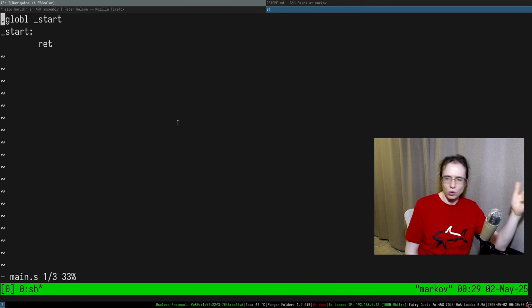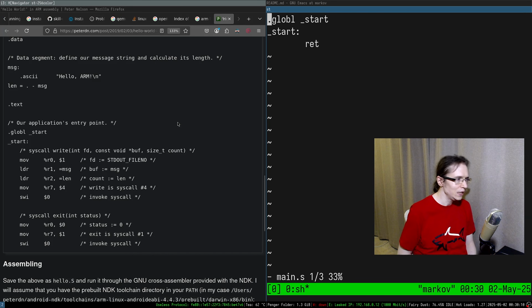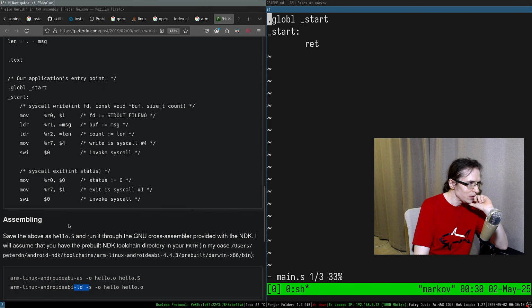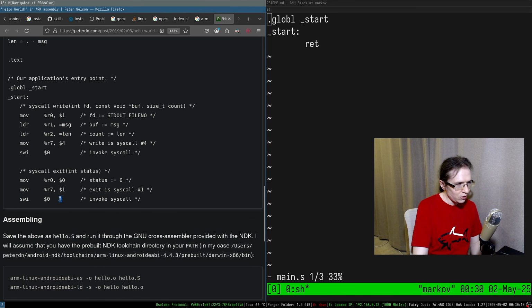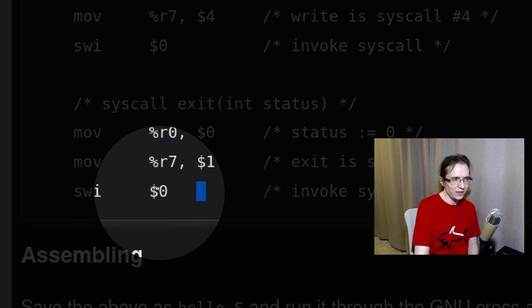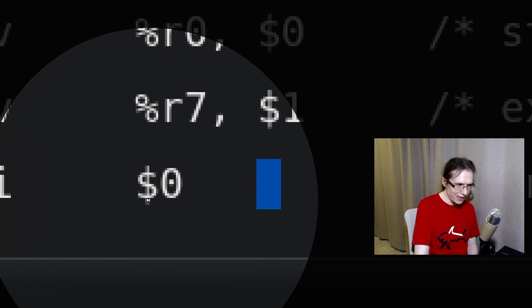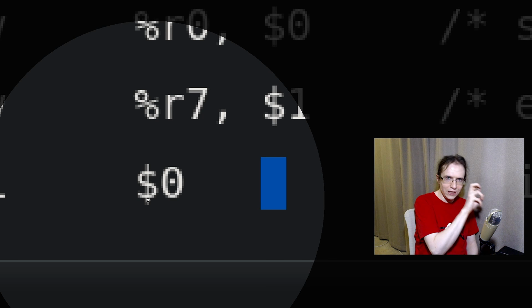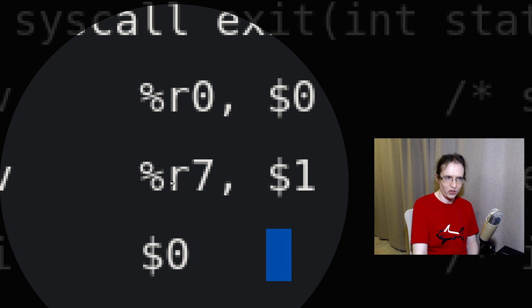So you have nowhere to return. To end the execution of the program, you have to call the exit syscall, right? Exit syscall. So let's actually see how you do that. To call a syscall, you use the instruction svc with a 0 operand, because I suspect that the dollar is an immediate literal, right? It's not any register or anything like that, because registers are usually the percents, right?